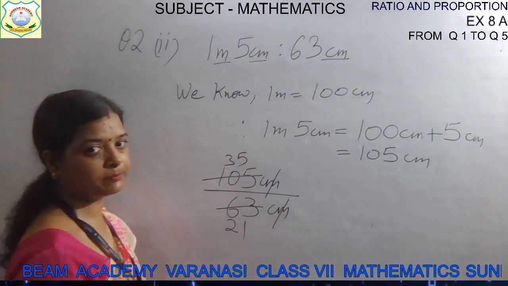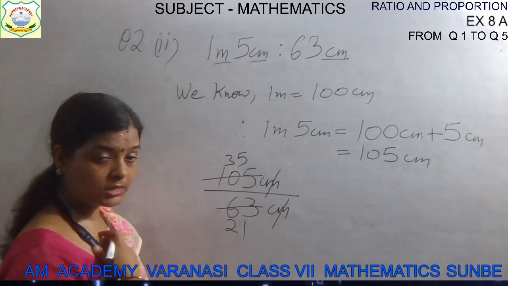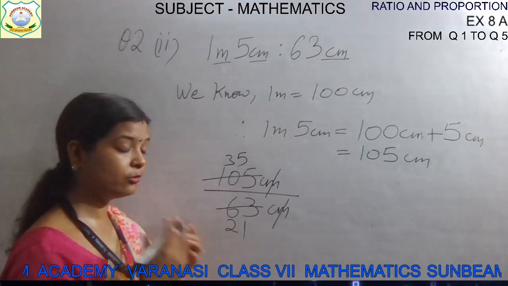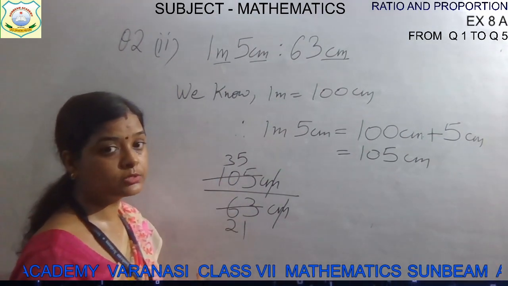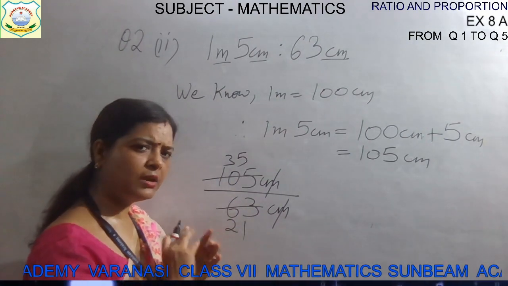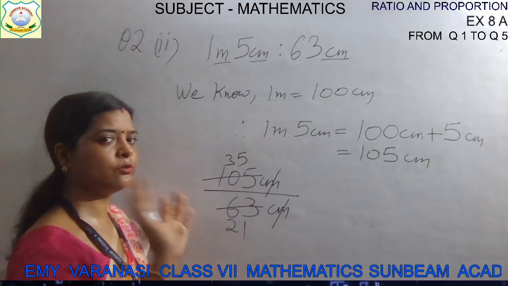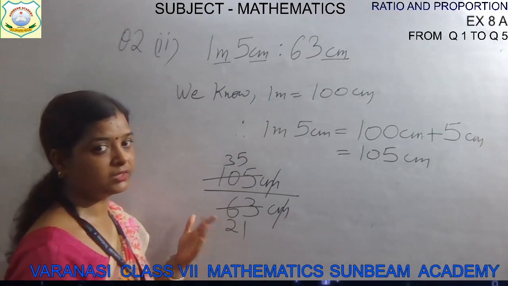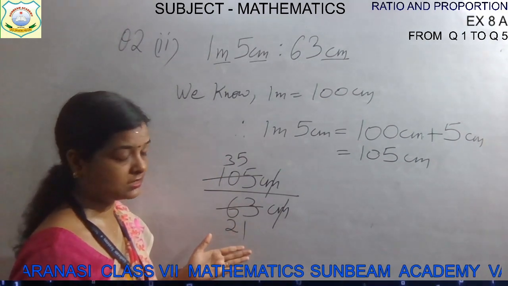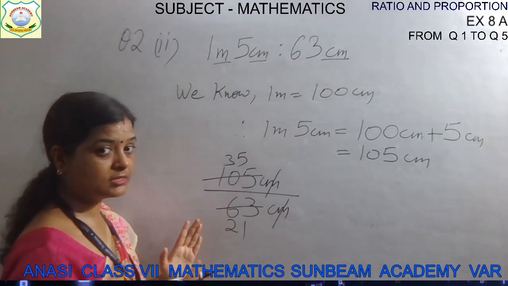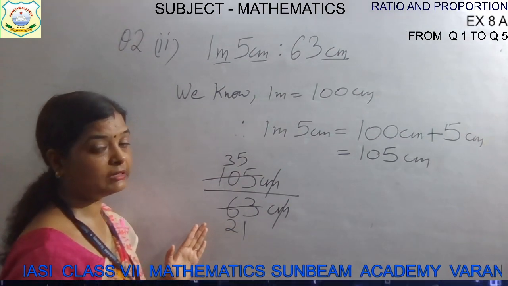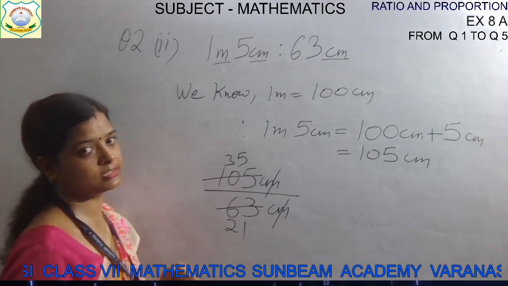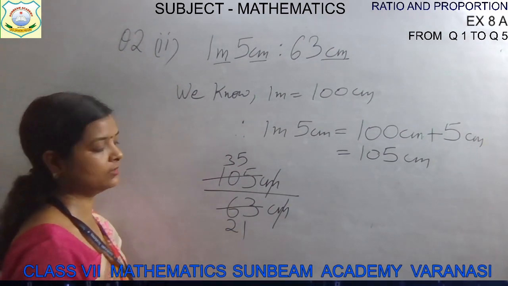Still it can be simplified, children, because I have not taken the HCF. Otherwise, if you divide both the values by their HCF in one division, you will get the simplest answer. But see, ma'am has not taken HCF. Ma'am will face difficulty to solve. Not difficulty, but definitely my time will be wasted. That's why I am solving in this way.